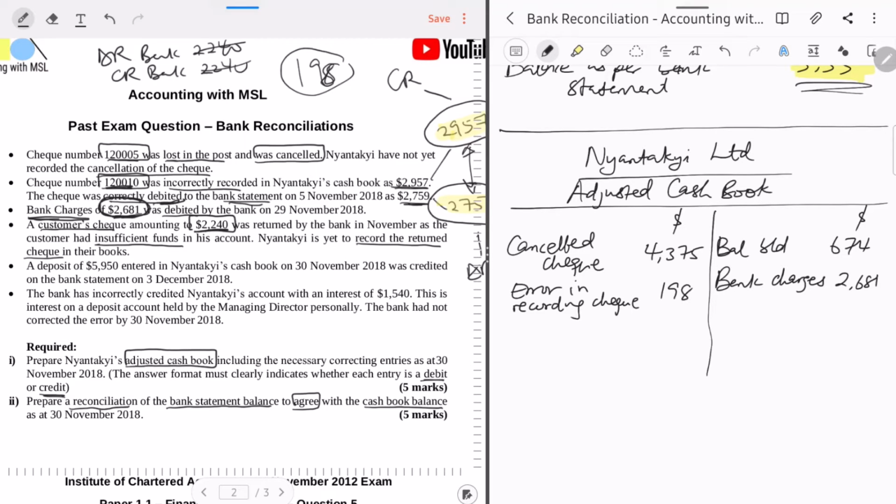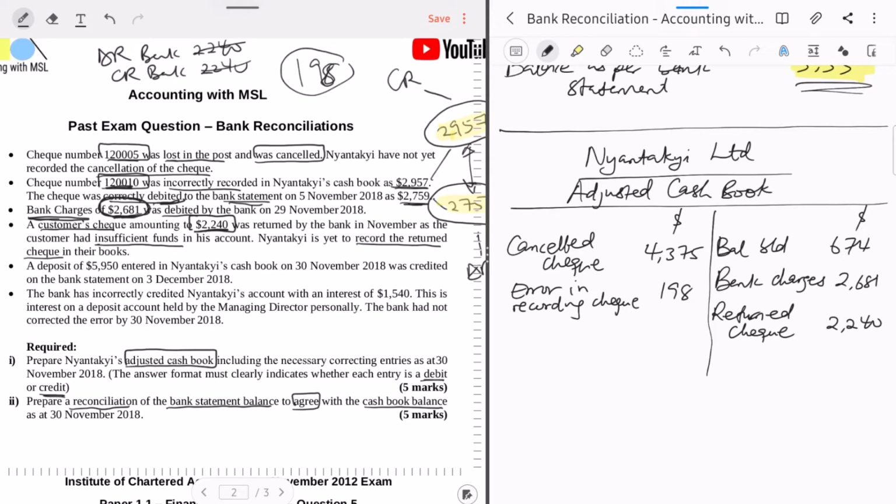So we come to bank and what? We just say, let's even call this our returned check of 2240, right? So what this will do is now it has cancelled the initial debit that we had